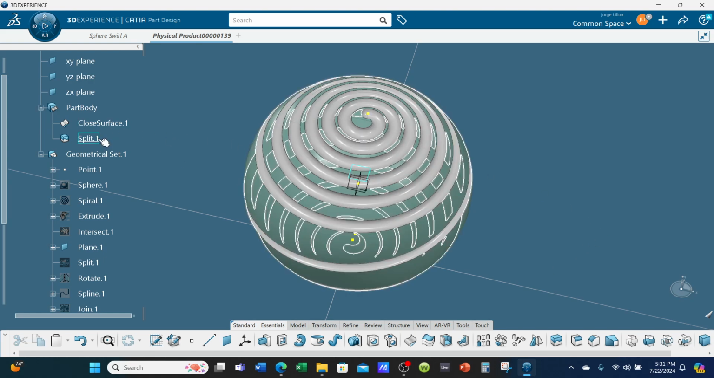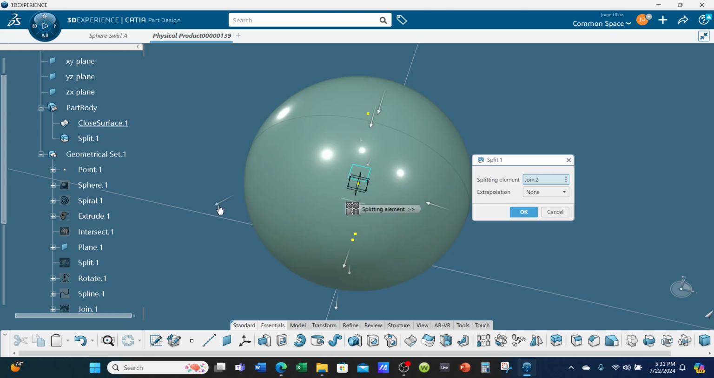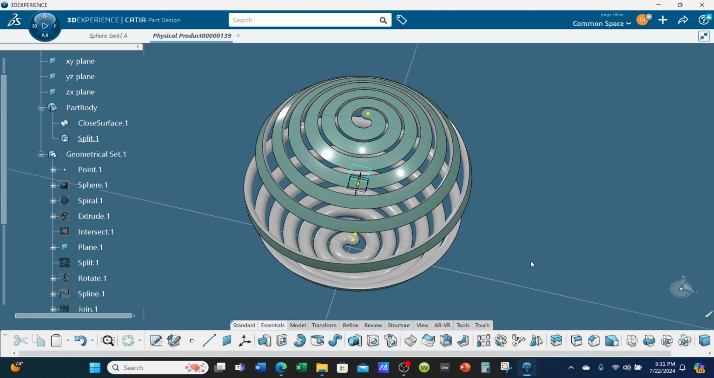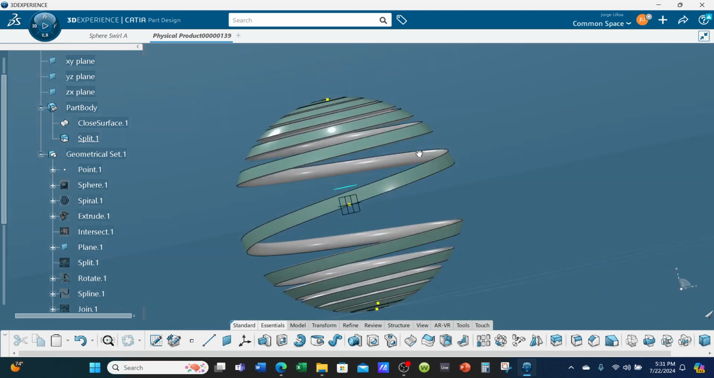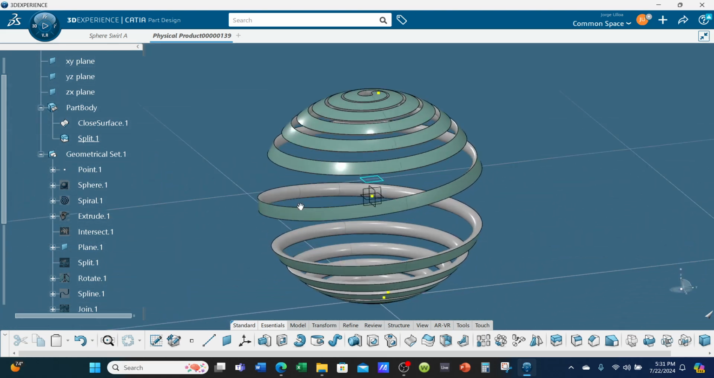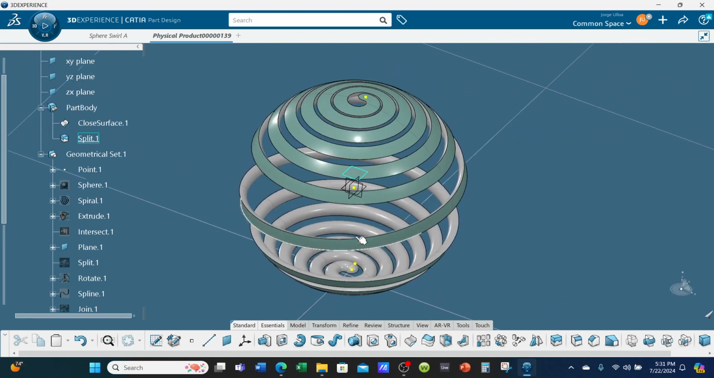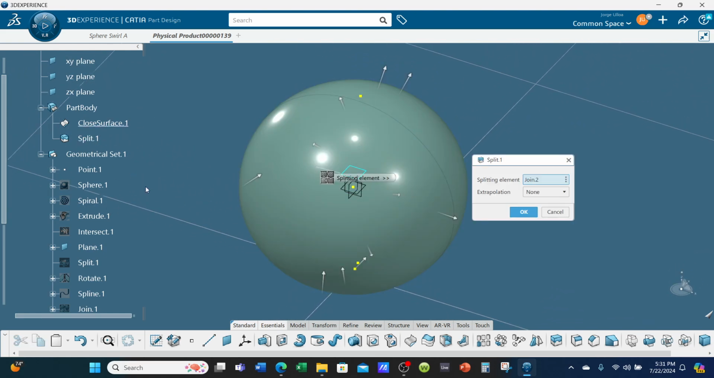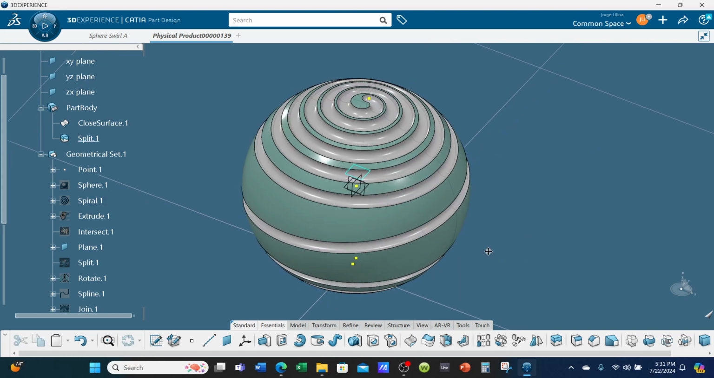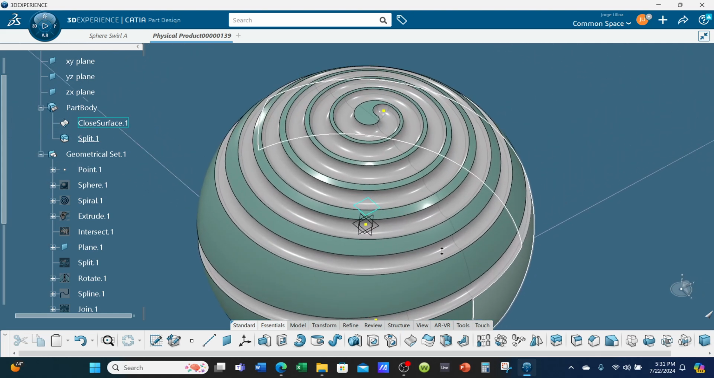Now if we were to go back to split and hit the arrows, it'll flip the solid. It'll give us the opposite, as you can see. So it looks like we're peeling an orange. That looks pretty cool too, right? That's not what we want, so let's double click, flip the arrows, and hit OK. Alright, so now we can go ahead and